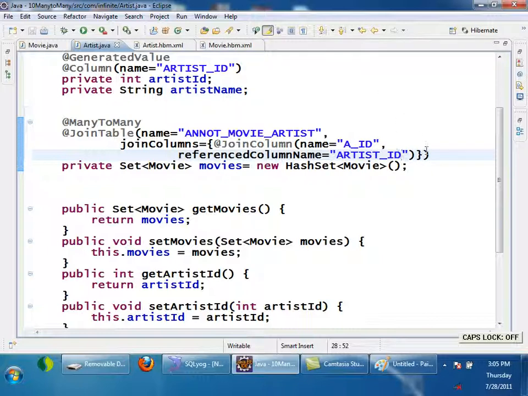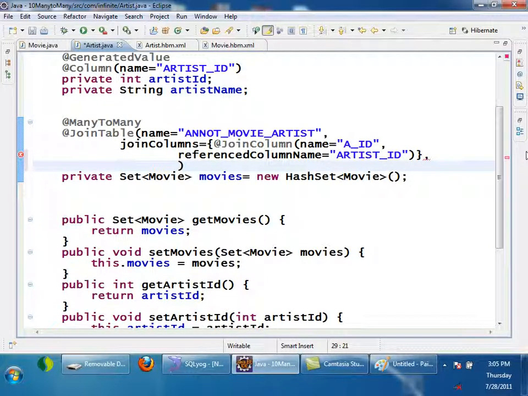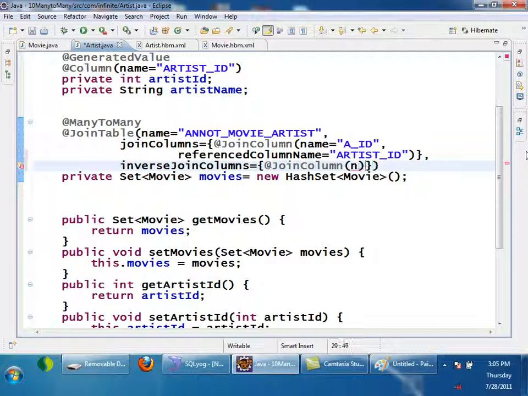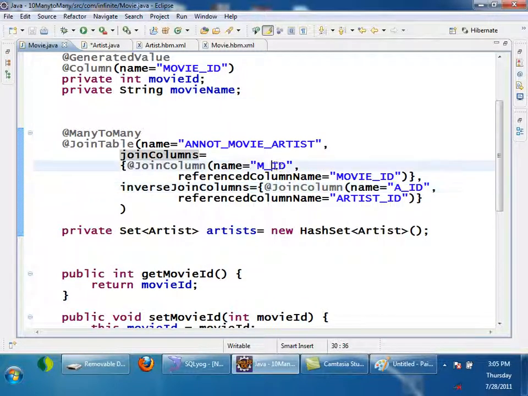And also inverse join columns, the join columns coming from the other side, is equal to, again this is an array, so curly braces, so as join column coming from the other side, name is equal to, whatever I give, m_id referencing to movie_id.